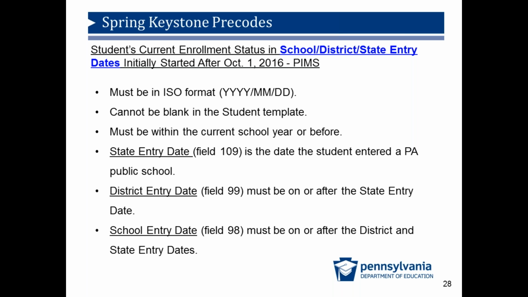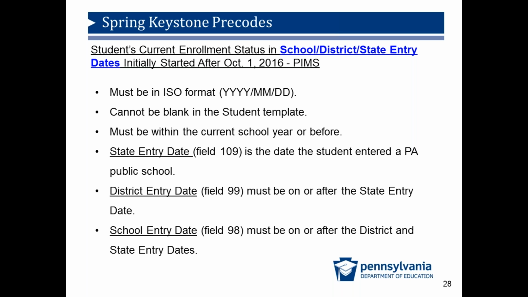The state entry date, which is field 109 in the student template, is the date the student entered a PA public school. The district entry date, which is field 99 in the student template, must be on or after the state entry date. This means that the student must have a district entry date on or after the state entry date. It also means that the school entry date can be on or after the district and state entry dates. Essentially,